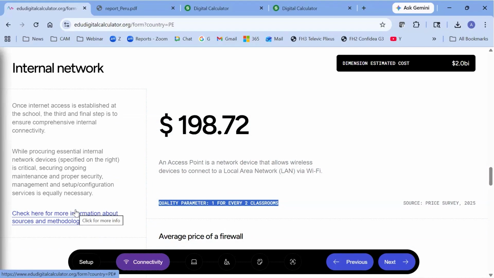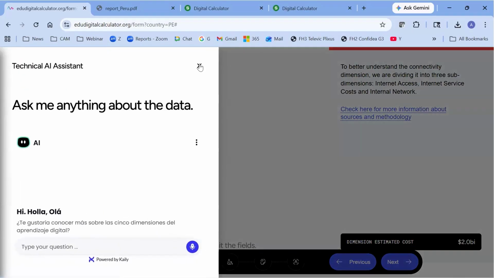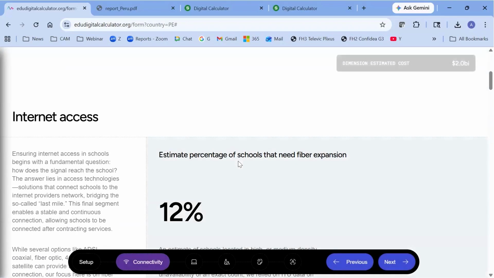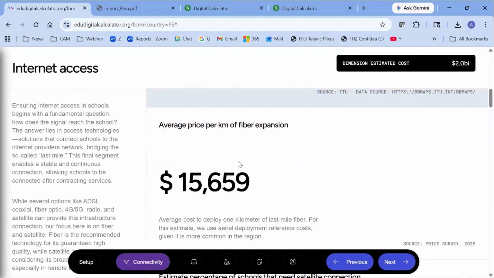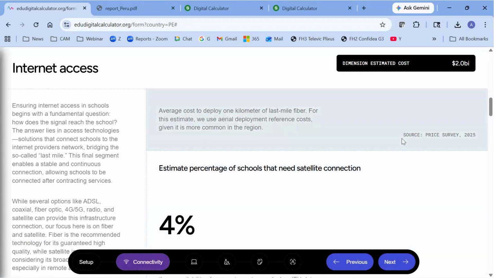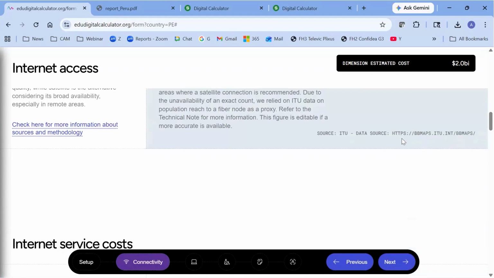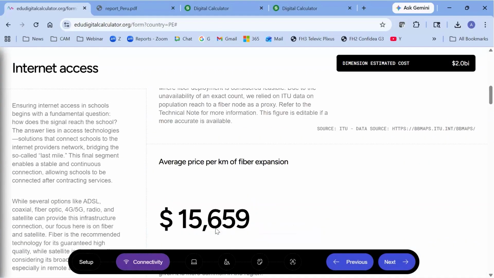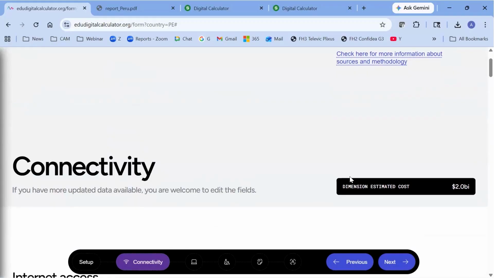They are explained in a really broad technical note that we made. I'm not going to go through it because I don't have the time, but I invite you to do that here, and you can download the technical note as well. Here you have the sources and the parameters for every one of those data that we put here. This is the connectivity section.